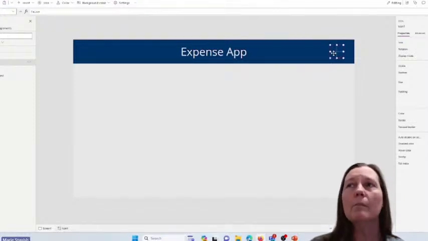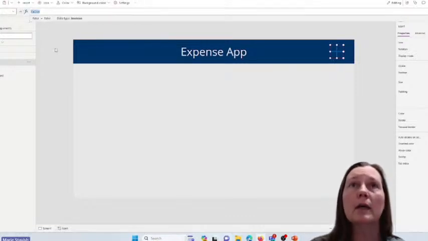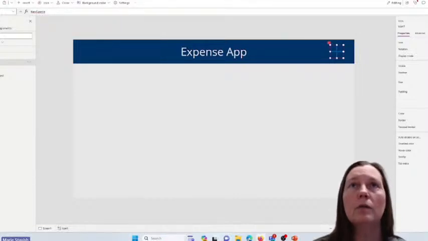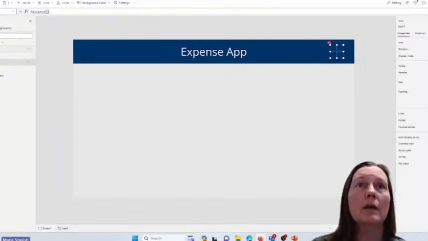And this is sort of like a button because it has something called an on select. If we look up here to the top left, in the on select, we can say if we click on that, we want it to do X. So what we want to do is we want it to navigate to another screen, and we haven't made that screen, so I'm just going to leave that blank for a second, and I'm going to go down here and